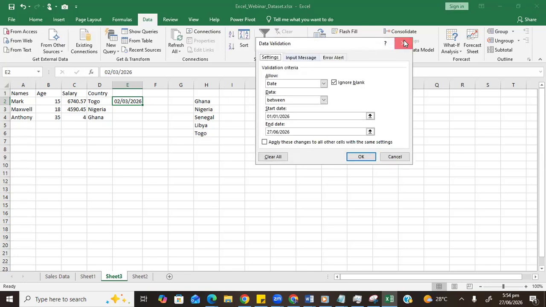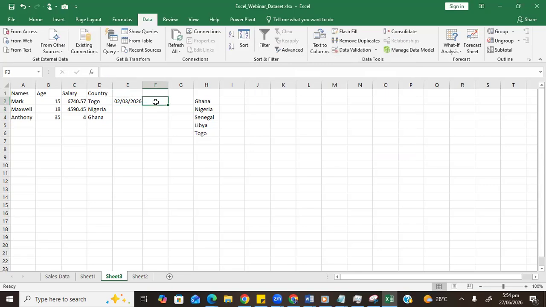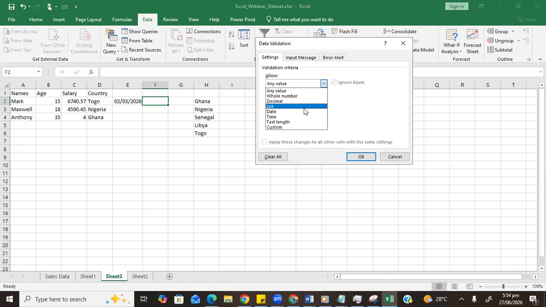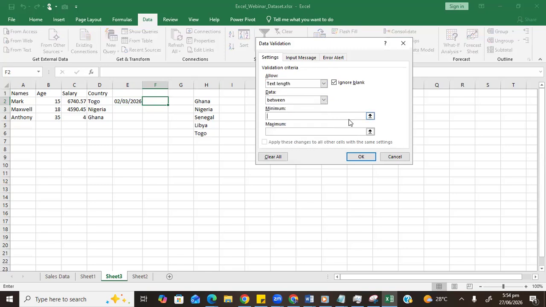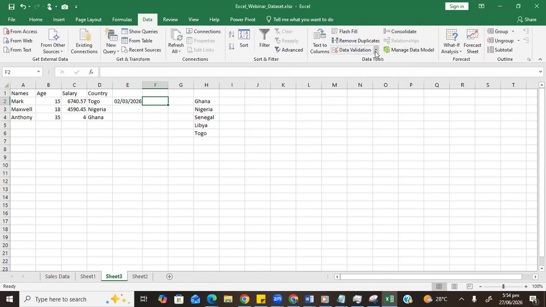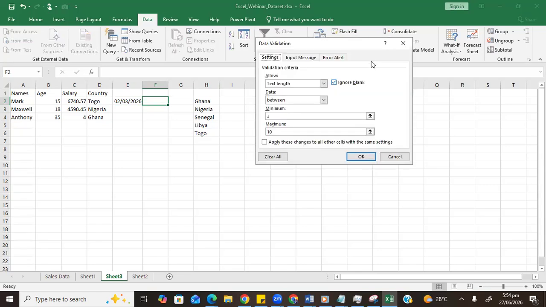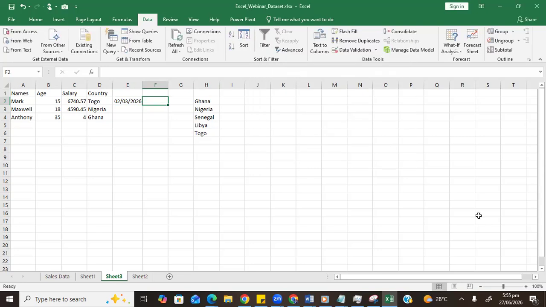Or you can also determine the specific length, if that's what you want. Okay, length of characters, maybe between 3 and 10 or something. Let me choose something: 3 and 5. So what happens is that